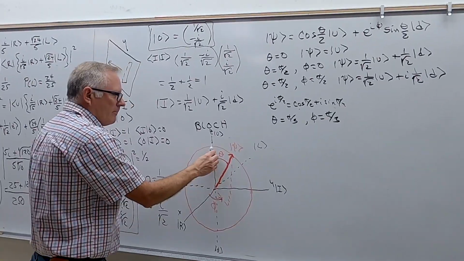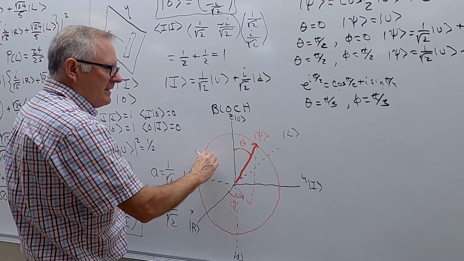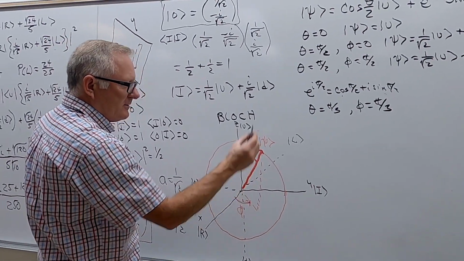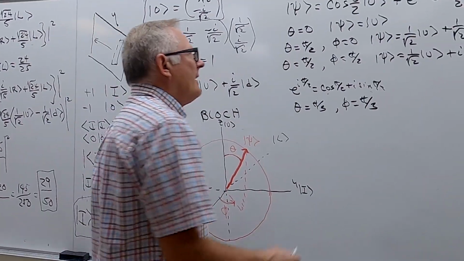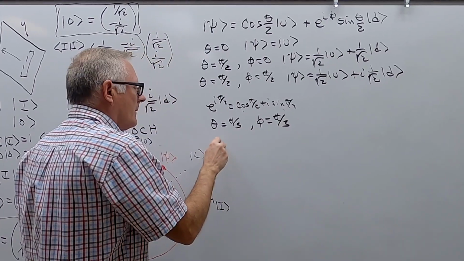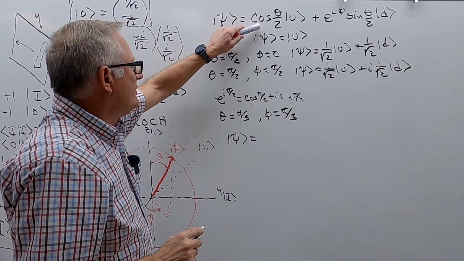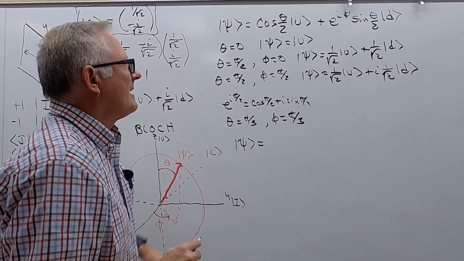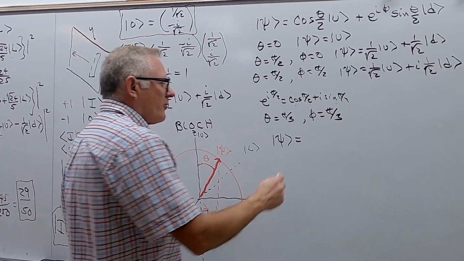That would mean that I'm coming down pi over 3, which is 60 degrees, and then I'm going over 60 degrees, so it's coming out here someplace. So what do I get? We get psi is the cosine of pi over 6. Cosine of pi over 6, I think, is the square root of 3 over 2